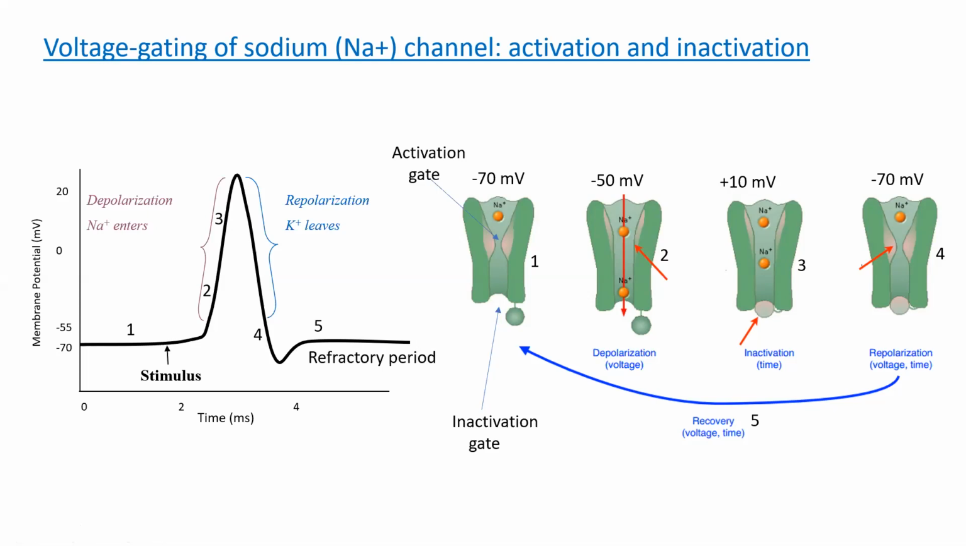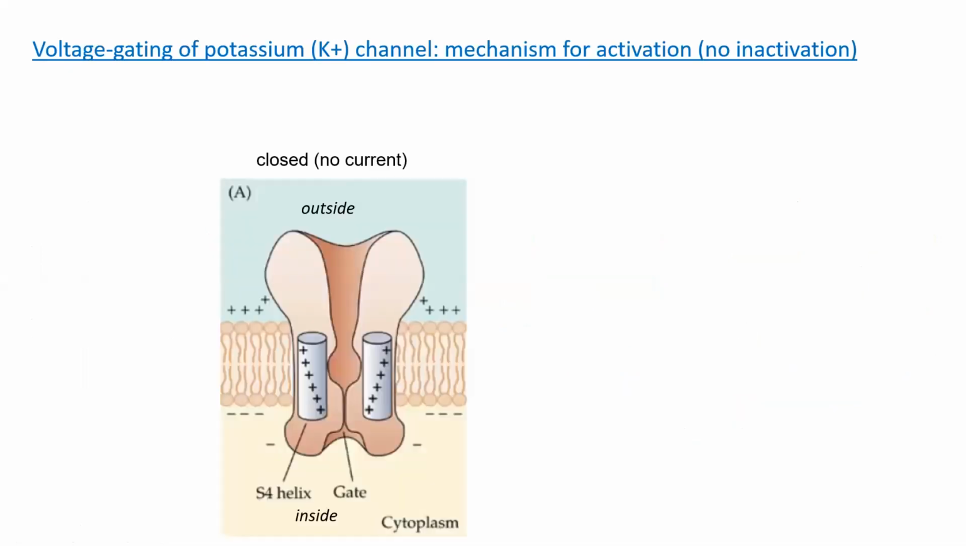Okay, so let's look at the potassium gate next, just to see how the mechanism might work. In the potassium channel, there's just activation. There's no inactivation. There's no two types of gates. So how this would work is, here we have the outside and the inside of the cell, and normally the